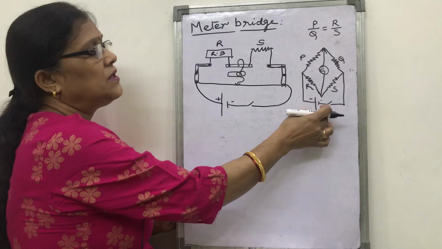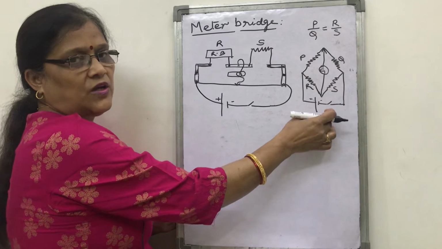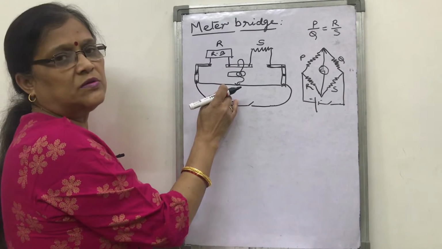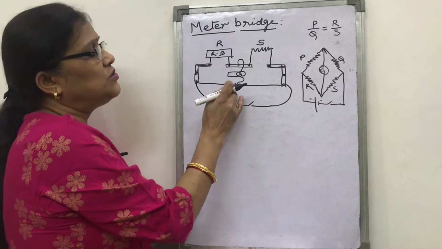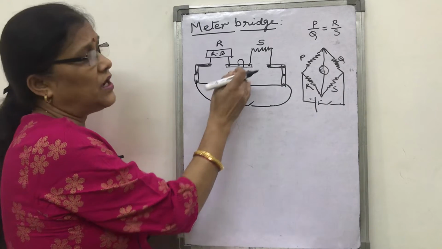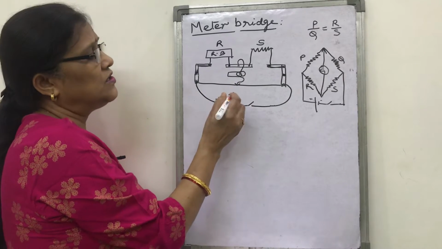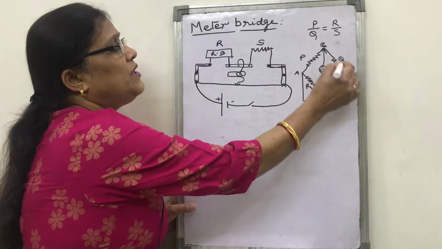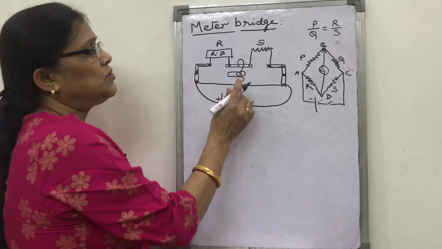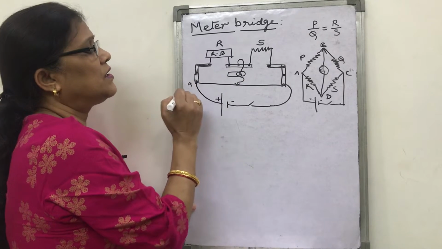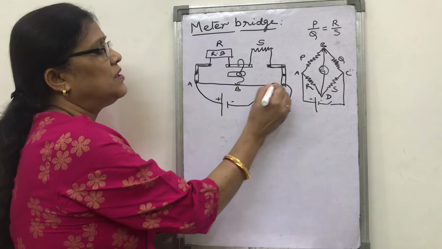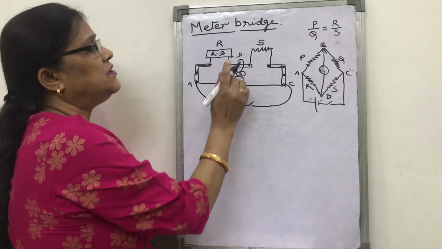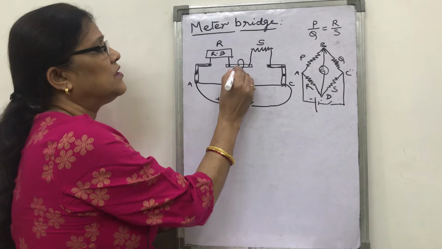How this principle of Wheatstone bridge, that figure you will match with the meter bridge. That is also one of the devices used to find the unknown resistance or its resistivity. So look here, if these were the names A, B, C and D. So here this is A, this is B, this is C and this is D. This end is D.